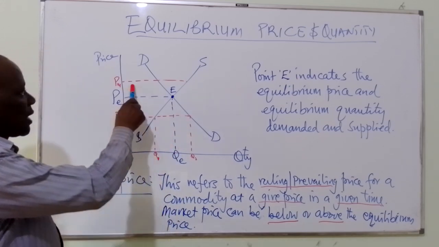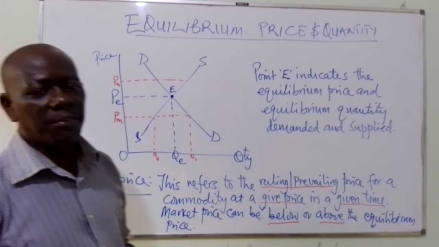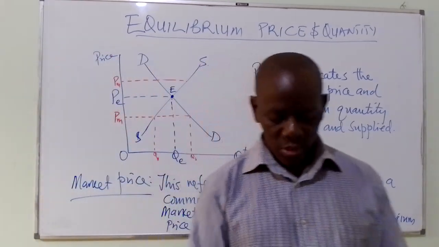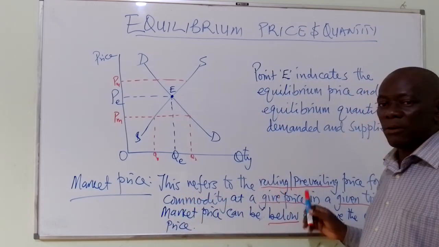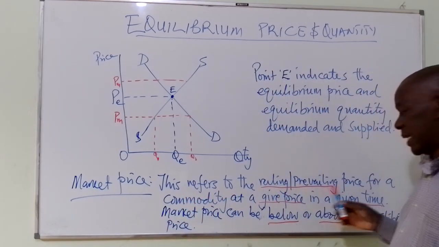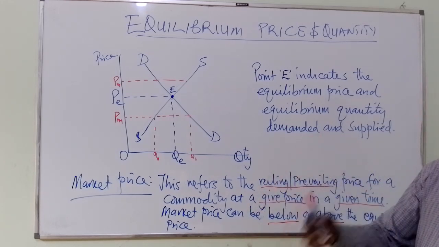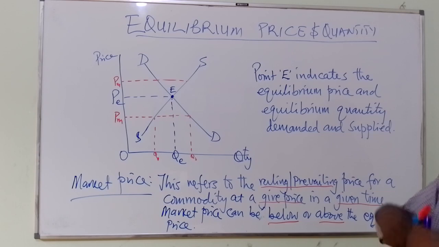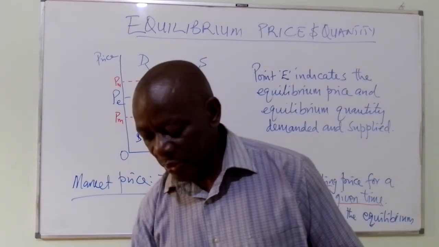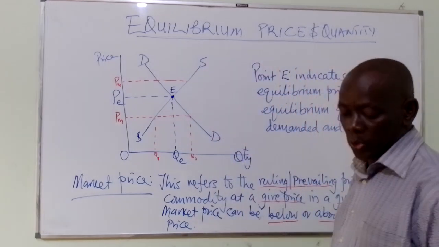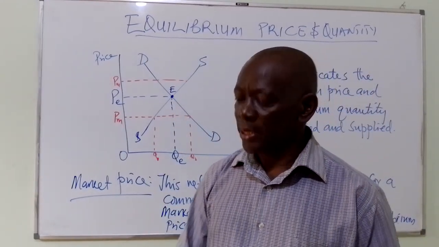So market price can exist above or below the equilibrium price. That's what you have to know in economics. And what does it mean? This one is the ruling or prevailing price in the market. It's the price that is prevailing in the market. It may be below the equilibrium, it may be above the equilibrium. That's what you, as a student, you need to know. Because the moment you